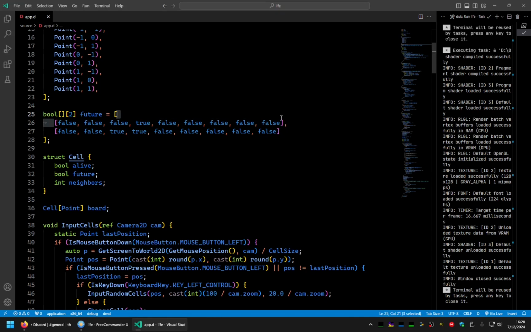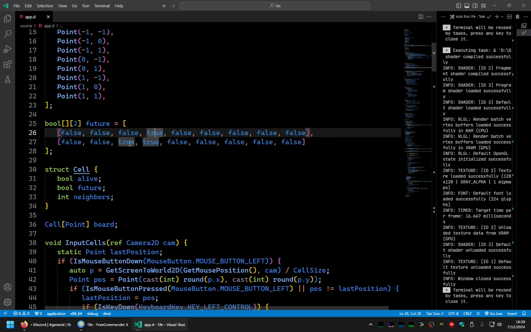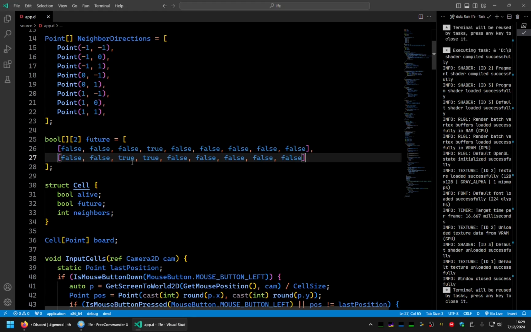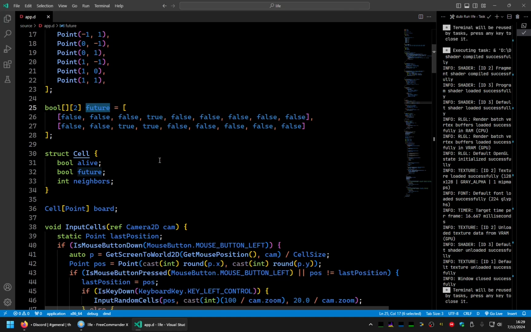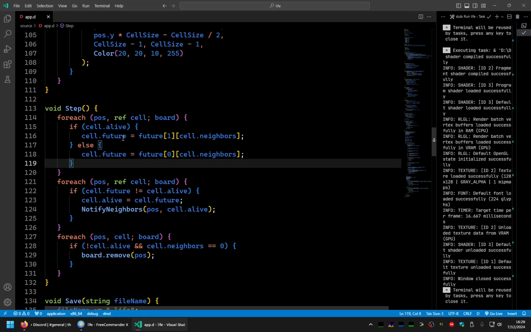The first row tells us how the cell will be in the future if it has 0 neighbors, 1 neighbor, 2 neighbors, etc. In this case, the normal rule is if it's dead and it has 3 neighbors, it will be alive in the next generation. And if it's alive and it has 2 or 3 neighbors, it will be alive, and in all the other cases it will be dead. So this is the standard rule, and we use this array to compute the next state of the cell based